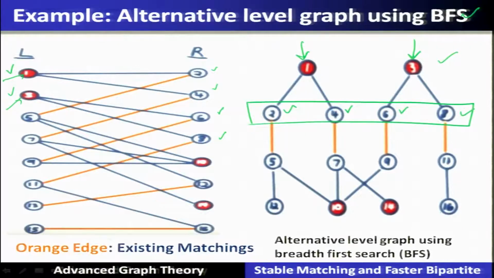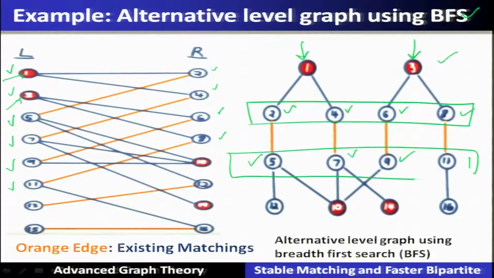Now then what will it do? It will pick up the matched edge and it will reach again to L. So 2 can take this particular matched edge and can reach to 5. Similarly 4 can reach to 7 using the matched edge. 6 will take the matched edge and can reach to 9, and 8 can take a matched edge to reach to 11, and that too in the next level